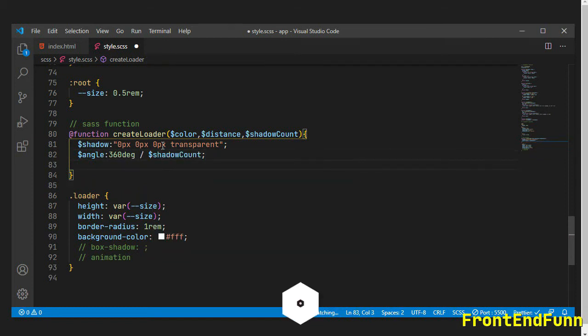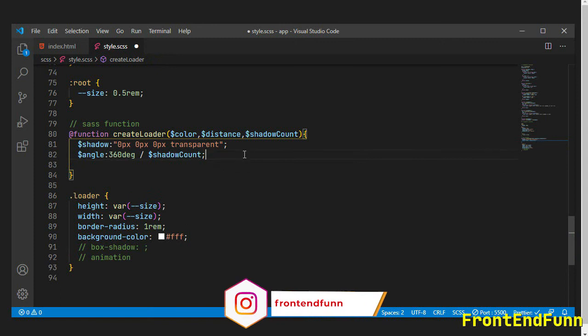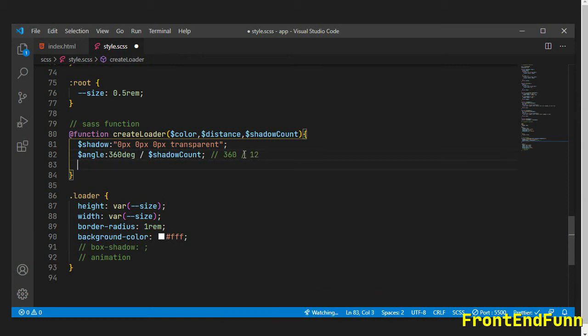So if the shadow count is 12, then it will be something like 360 divided by 12. Okay, and I'm going to use a for loop here for $i from 1 through shadow count.